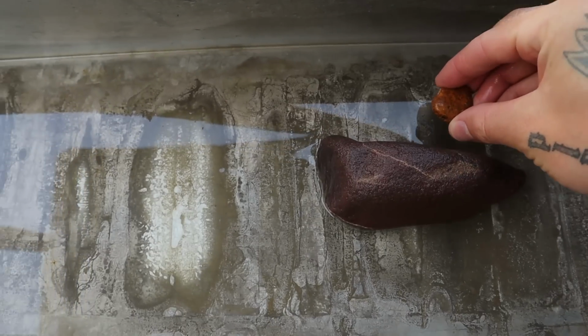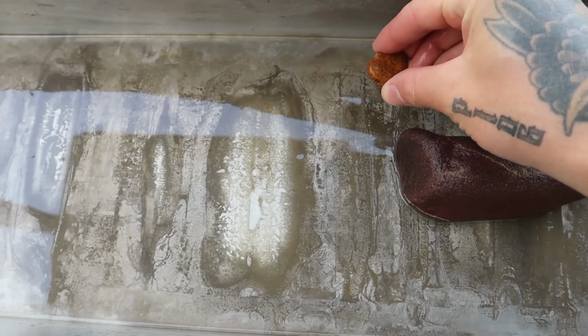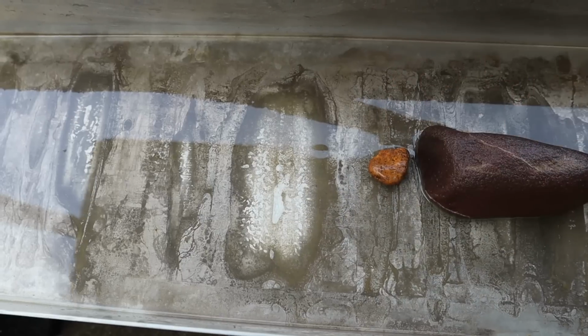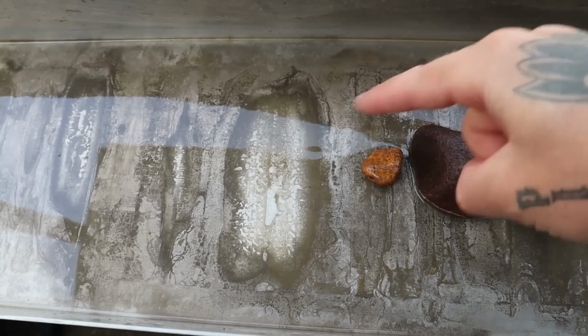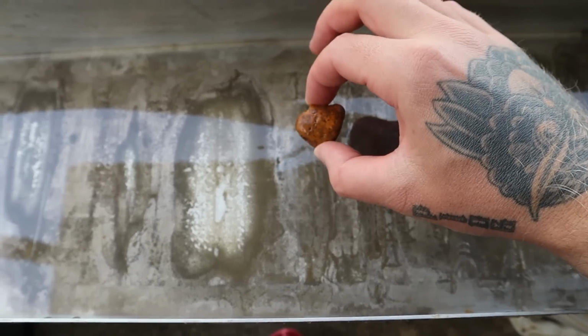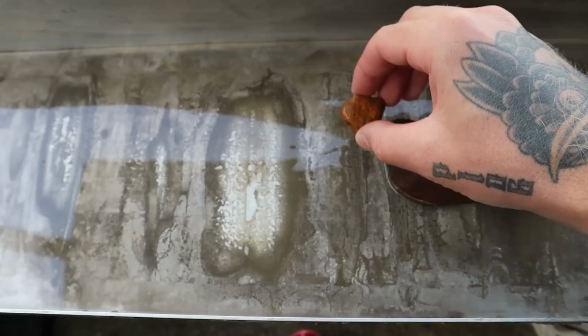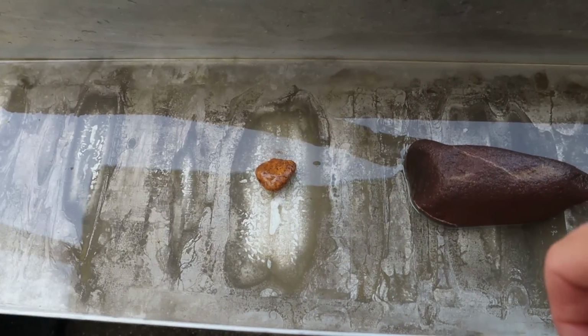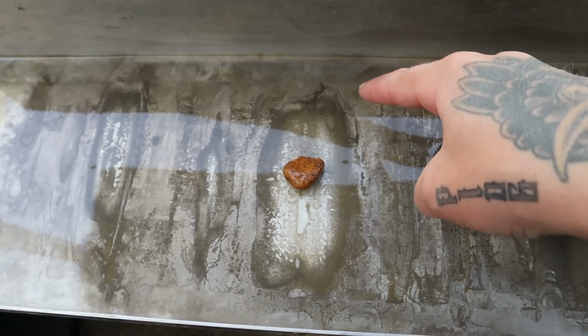So remembering that Mr. Rock has slowly lost his bits of momentum and he has fallen in, he won't necessarily fall in directly behind the rock. In fact, there's not really a vortex here that sucks anything back and in. But most of the time you'll find that the material will take a little while to fall out, and you'll actually find the best stuff slightly away from the obstruction because of the time it took for it to bounce